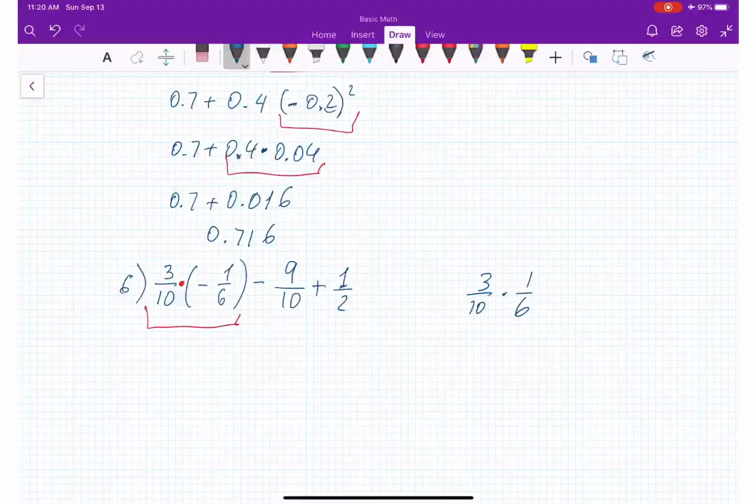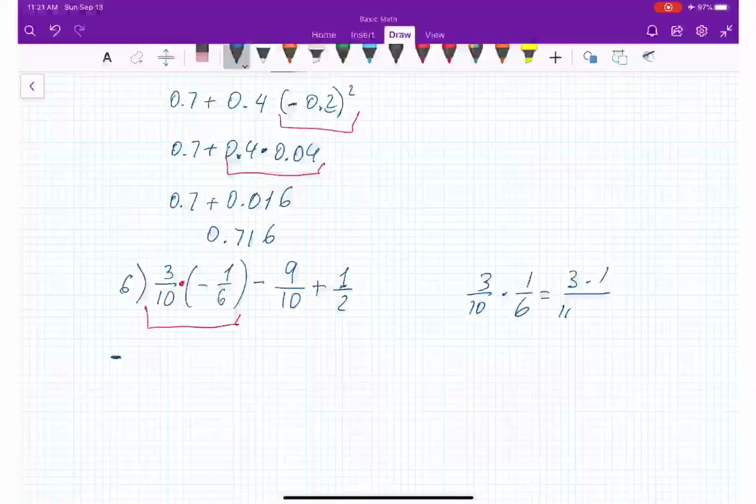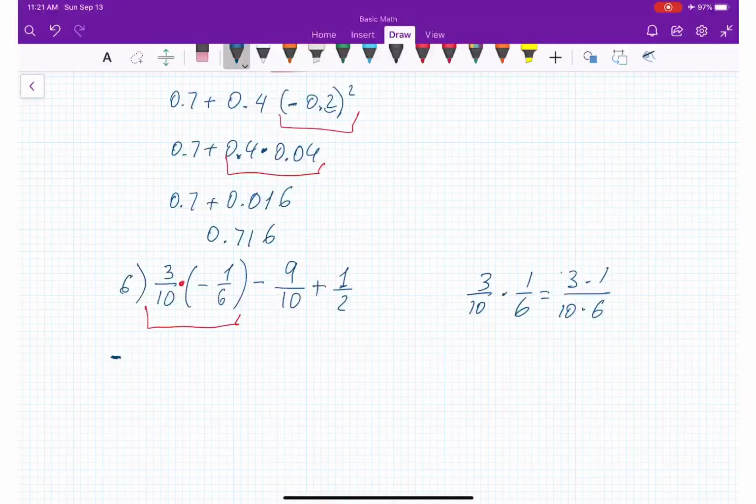We are going to write down negative here because in the multiplication the signs are different. It's going to be negative. 3/10 is positive, 1/6 is negative. So 3 times 1, 10 times 6. 3 and 6, if I divide by 3, 1, and 6 by 3 is 2. It's going to be 1/20. Negative 1/20 minus 9/10